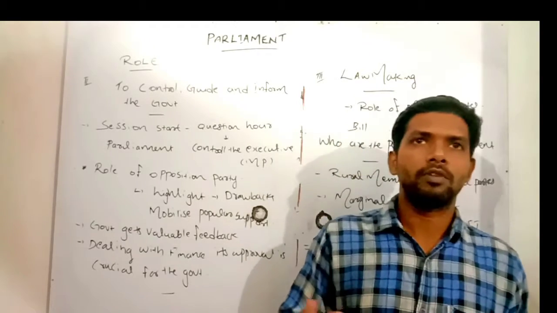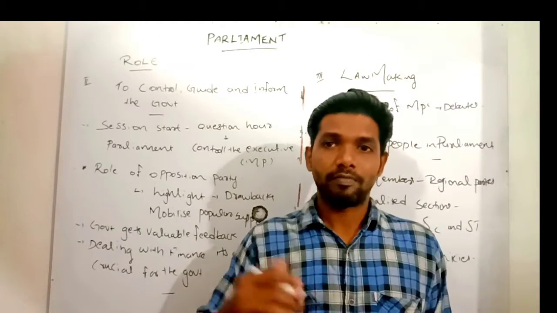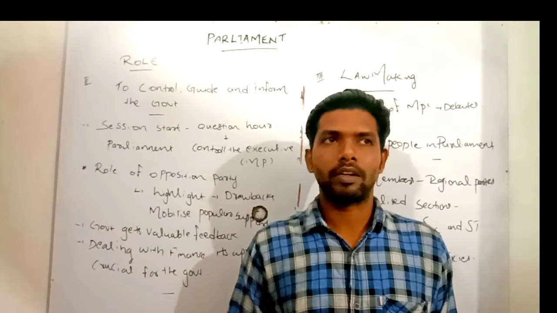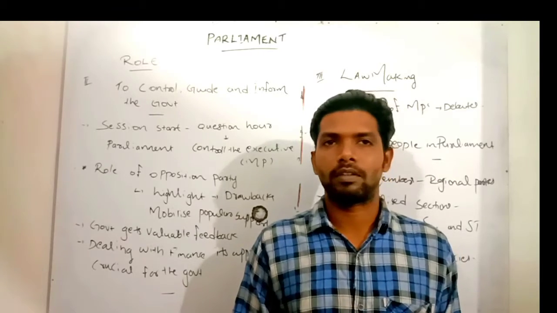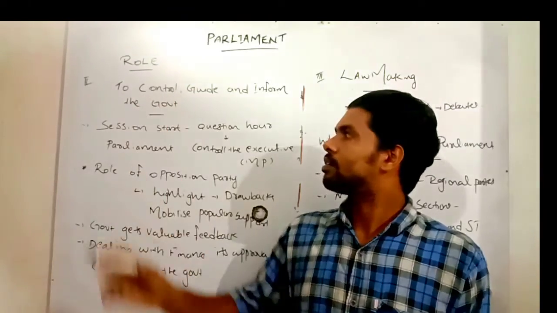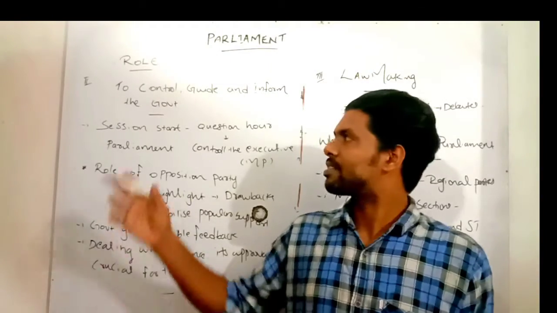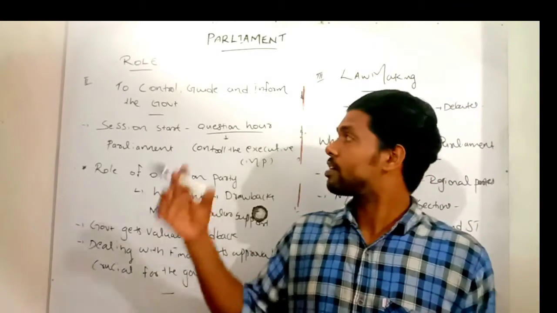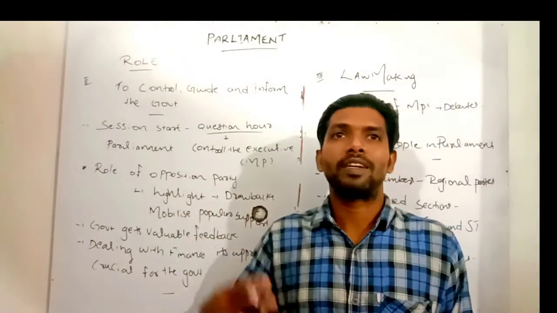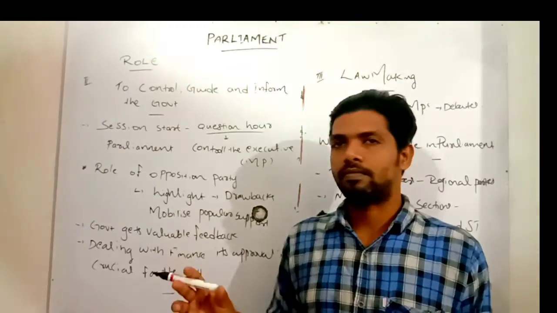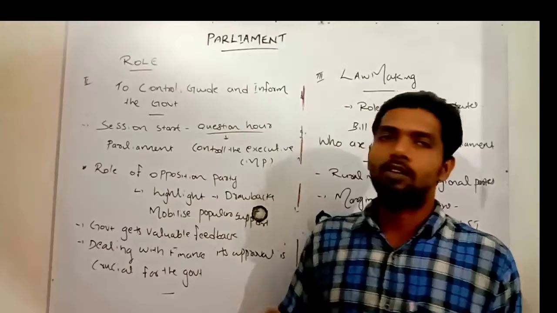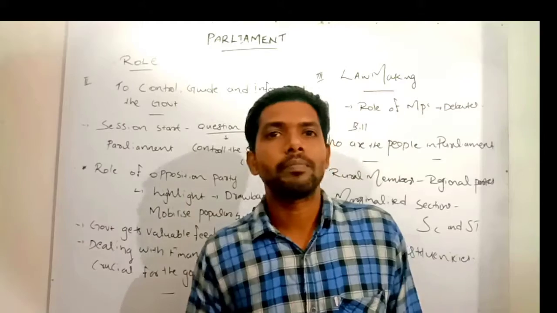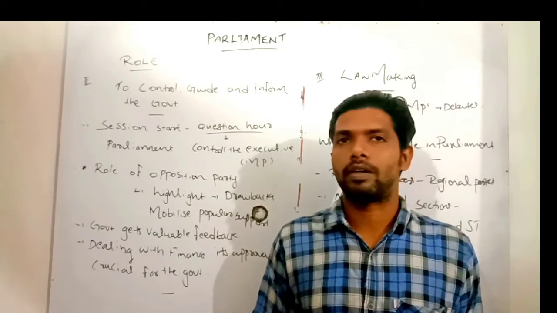We know that in our newspapers and news channels, we can see the functioning of democracy and the functioning of Parliament being telecast live. And then we can see the Parliament session. Now in India, the Parliament session starts with the question hour. With the question hour, our Indian Parliament's day-to-day activities start. And through that question hour, Indian Parliament controls the executive. Executive means the ministers, including the Prime Minister, or the government.